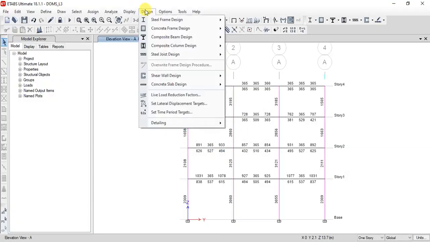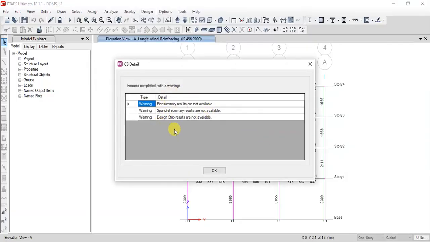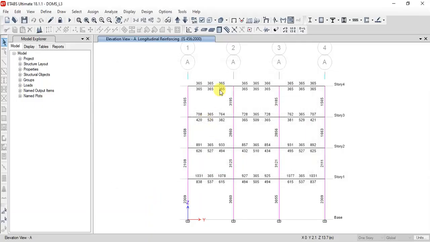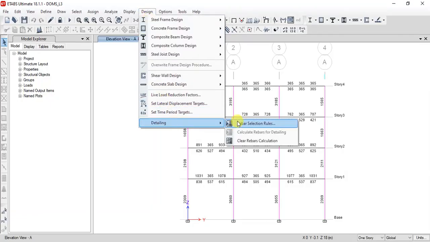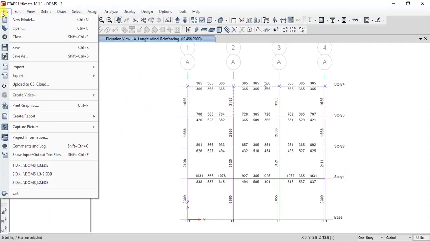and you click OK. Now if you go to design, once you're done with the rules, you click on calculating this rebar for detailing. So it will actually give the result. It's giving a warning because we don't have any piers or spandrels defined, so it's not giving that result. Okay, it's okay, but we are going to get the detailings of the beams and columns based on the result. Okay, you can get a complete report